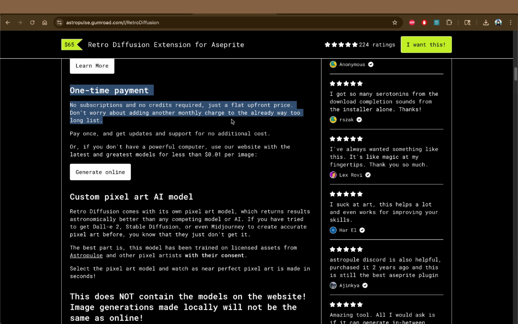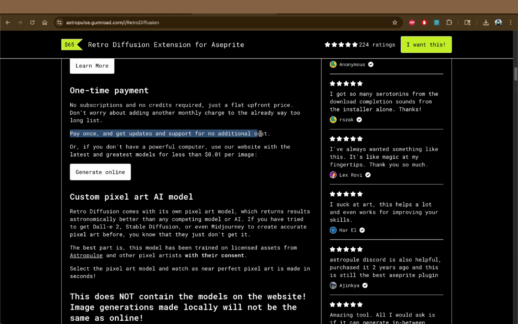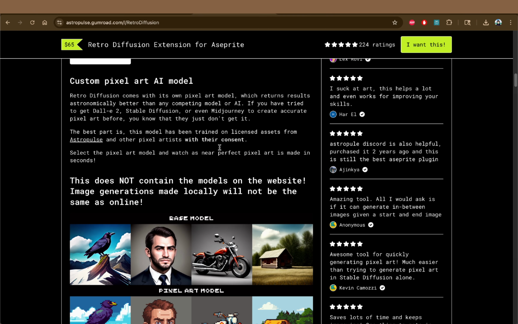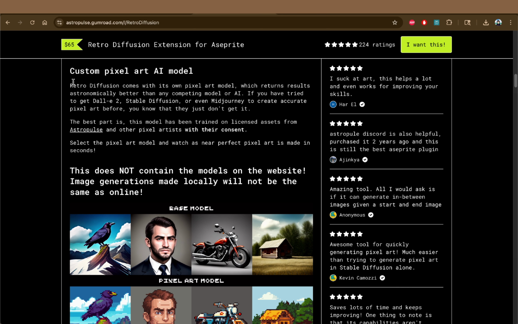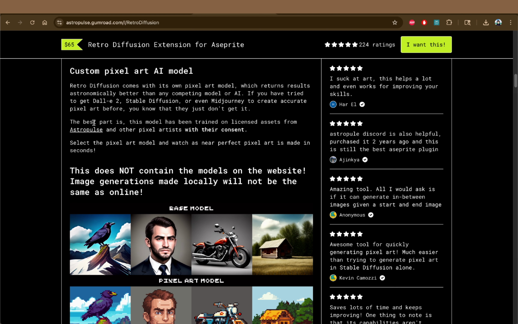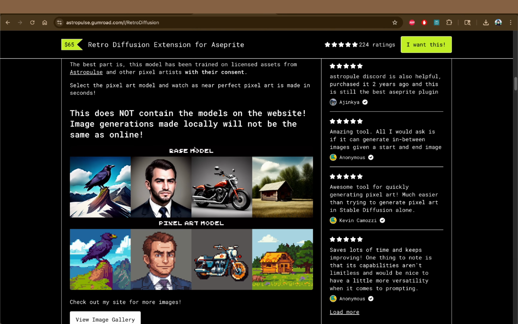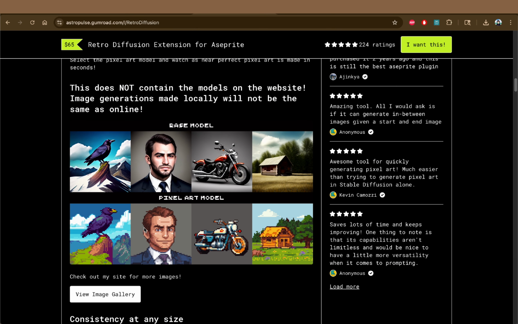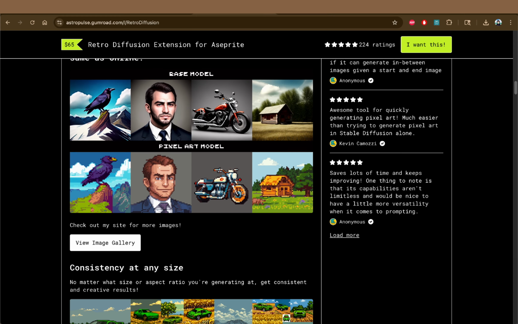The website has different trained models, newer models, and I believe they're more private models that they can't share, so you can't download them locally because of licensing and stuff like that. But the website is much better in many different things, and it has more updates, etc. Right? And here you can see everything is licensed, you can use it all commercially, and here you can see some examples, the difference between the base model and the pixel art model, because I believe the local one,